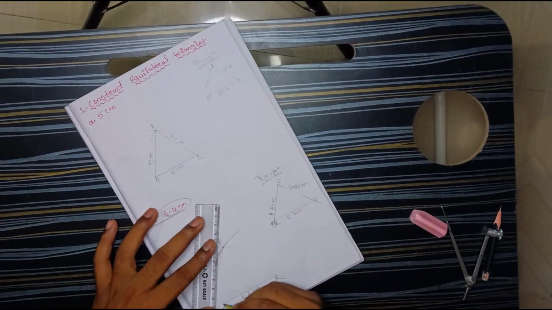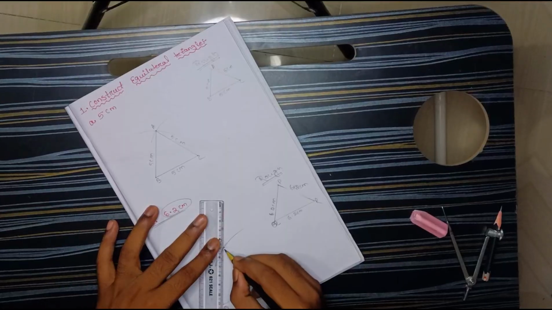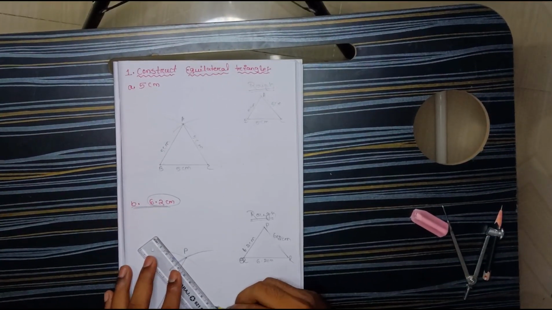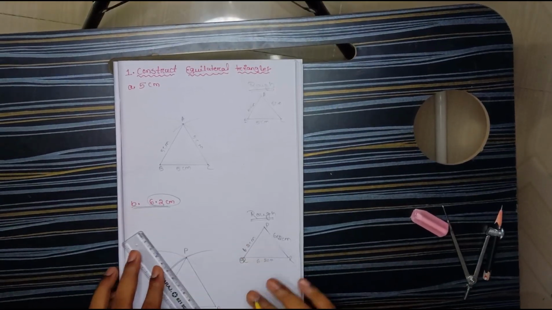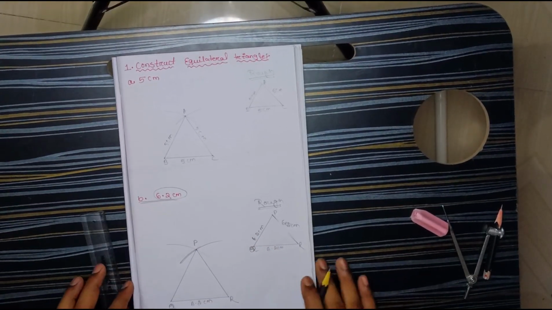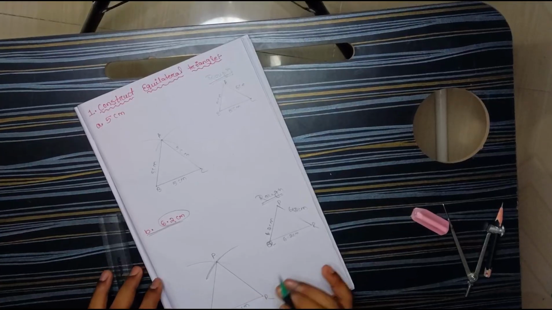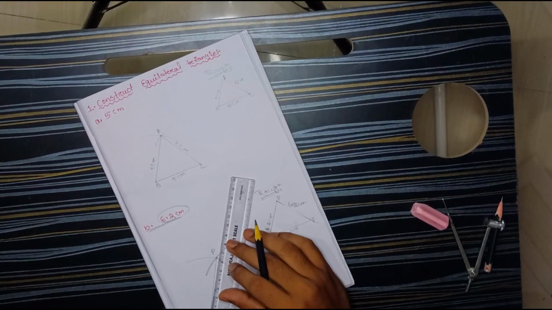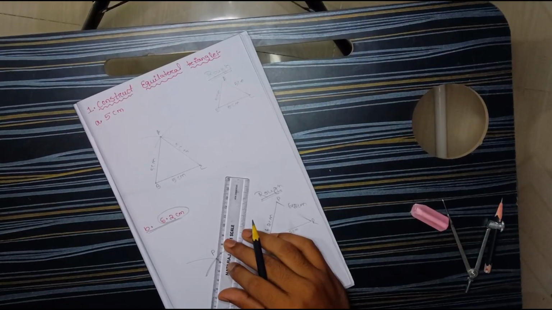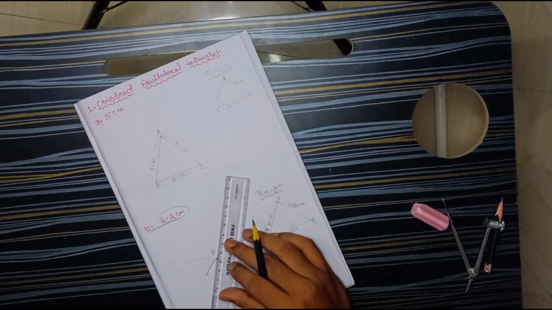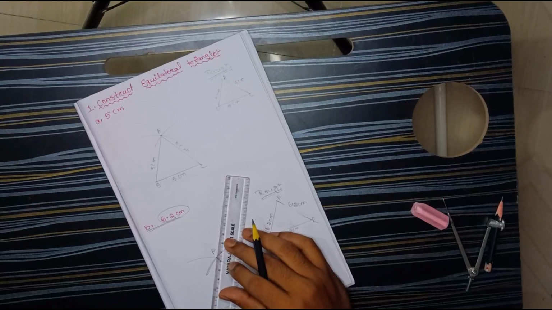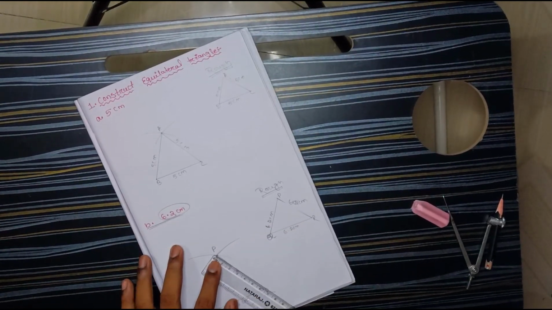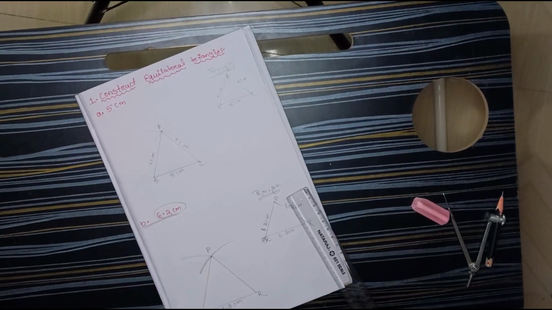Now you have to join the points P and Q, and here also join the points P and R. Yes, now your triangle is ready. What is the triangle? PQR triangle. That is an equilateral triangle. How should you confirm that this one is the equilateral triangle? When you have finished drawing, you have to measure the length of the sides. So PQ is exactly 6.2 centimeter and PR is also exactly 6.2 centimeter.